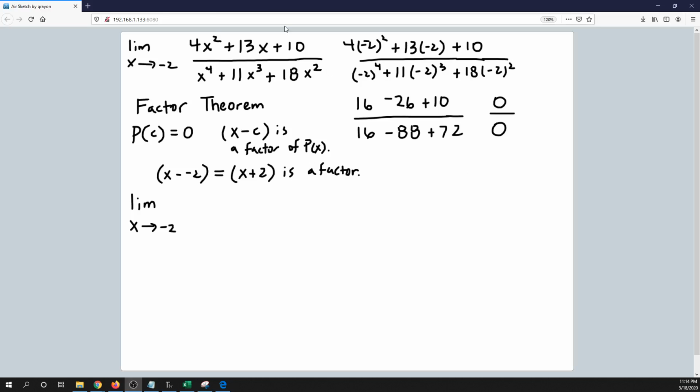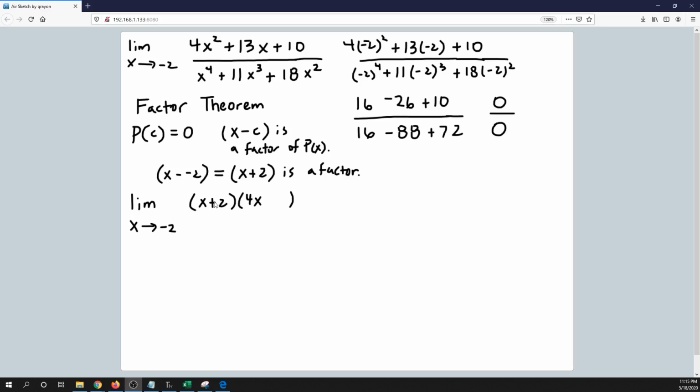So for instance, on that top polynomial, factoring this is usually a little bit more difficult because of the fact that this number is a 4 right here. So that usually takes a little bit longer, but we know that one of the factors has to be x plus 2 on the top. So it has to be x plus 2 times some other binomial. And now that you know that this one is x plus 2, that means that this first term over here has to be 4x. There's no other way that that can happen,